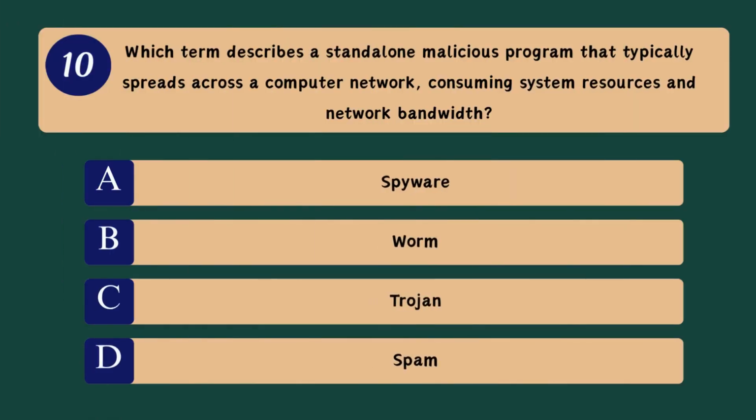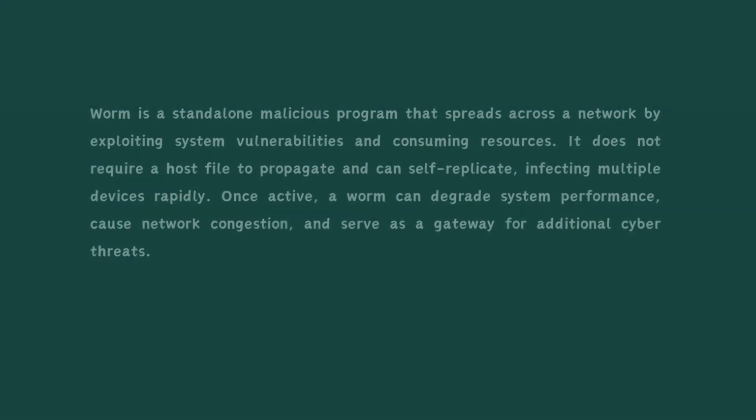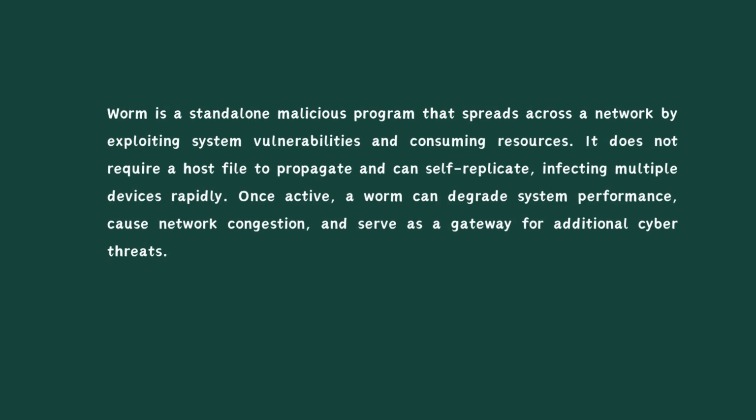Question 10. Which term describes a standalone malicious program that typically spreads across a computer network, consuming system resources and network bandwidth? A. Spyware. B. Worm. C. Trojan. D. Spam. Correct answer: B. Worm. A worm is a standalone malicious program that spreads across a network by exploiting system vulnerabilities and